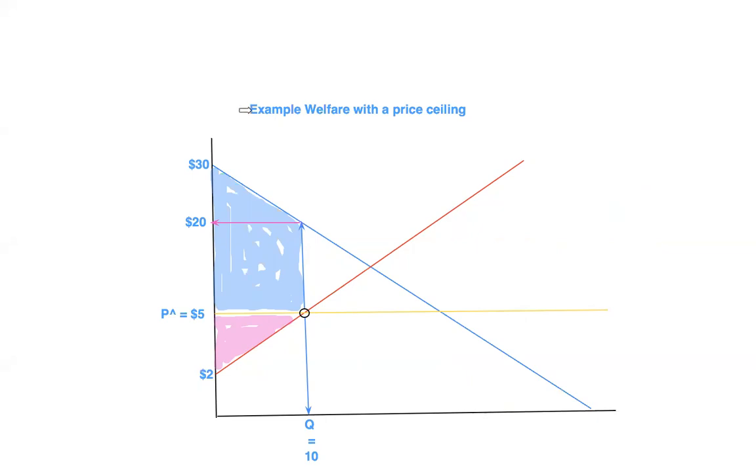It's the one we were using before, the example for calculating welfare with a price ceiling. So now notice we have consumer surplus, and